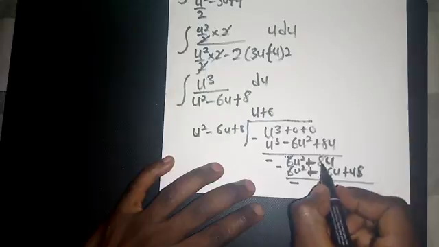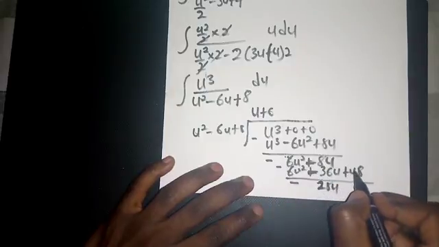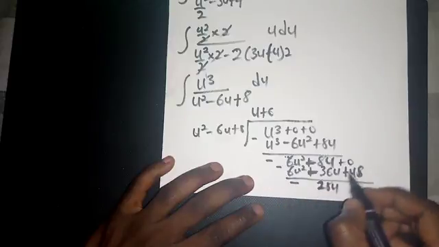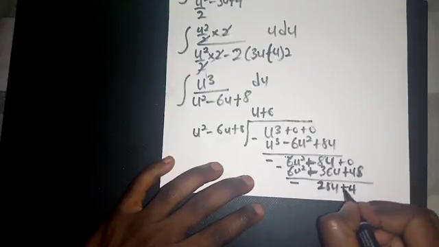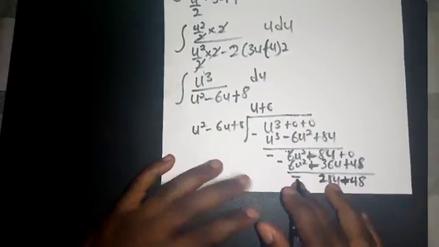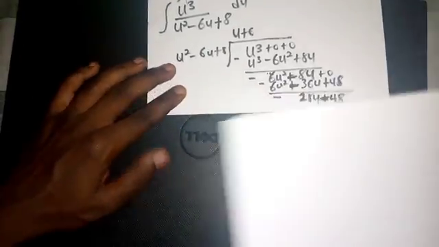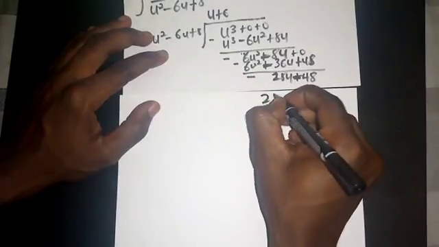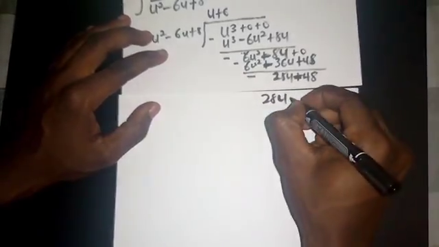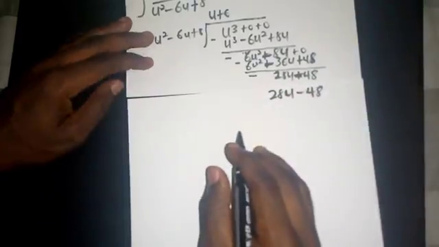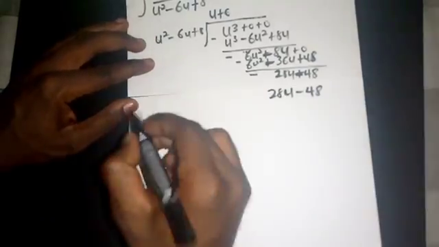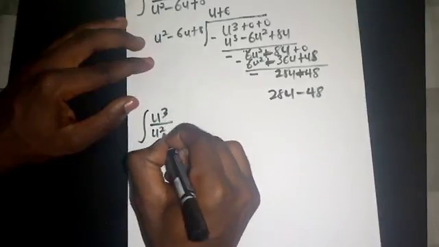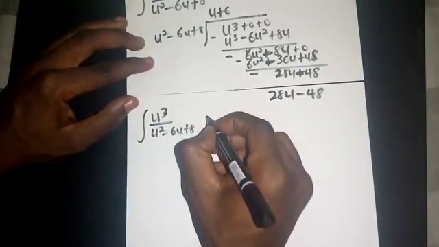Then here also we have plus 0, so it's 0 minus 48, which is negative 48. Sorry, let me write it well here: 28u minus 48. So therefore the whole of u cubed over u squared minus 6u plus 8 is just